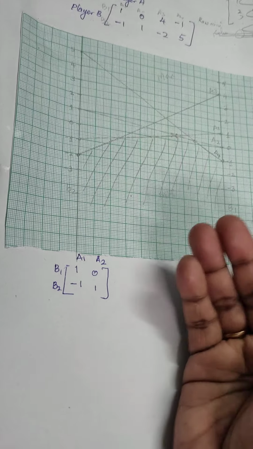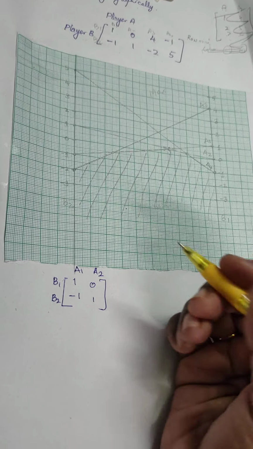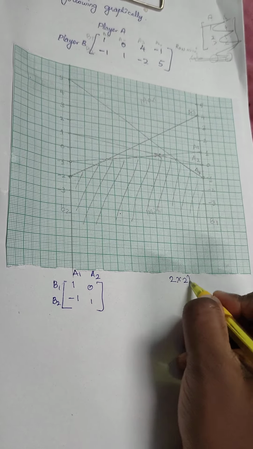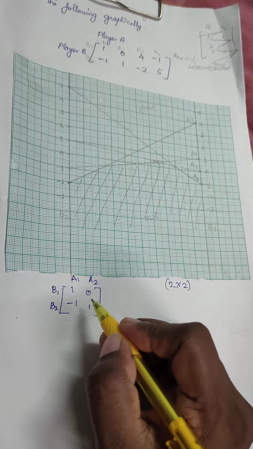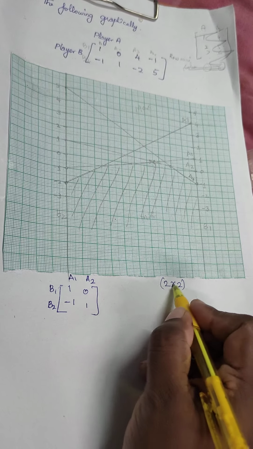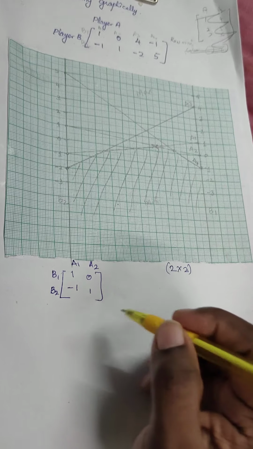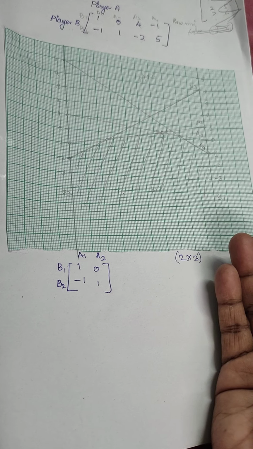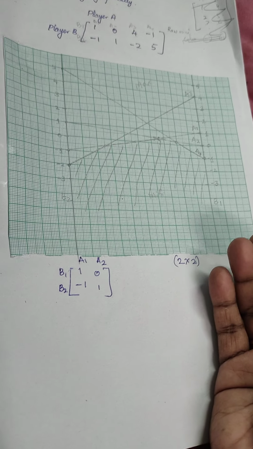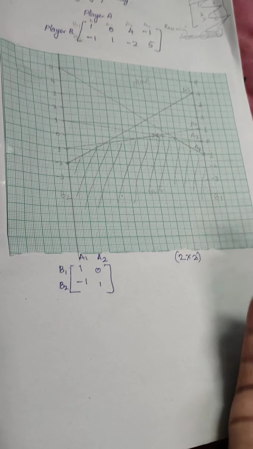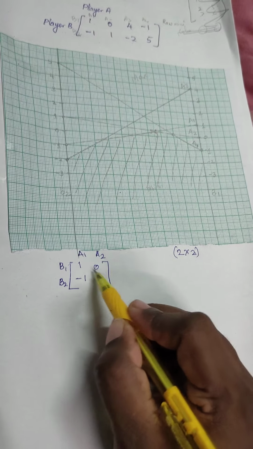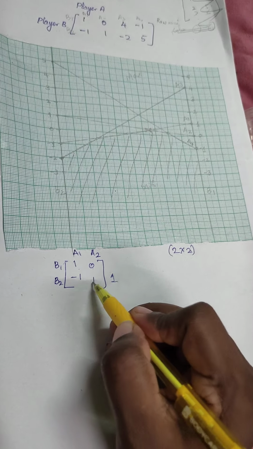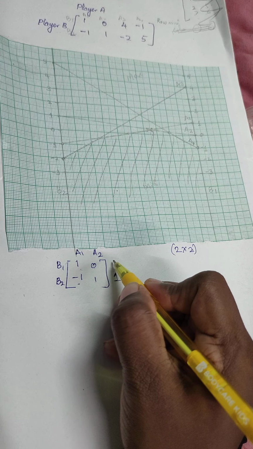Okay, now already the shortcut method for finding your, this is a 2 by 2 payoff matrix. So 2 rows 2 columns, so 2 by 2 payoff matrix, and we use algebraic method to solve this. We can solve it through the formula method if you don't like shortcuts, but I am going to use the shortcut method only. I am going to find the difference. 1 minus 0 is 1. 1 minus minus 1 is 2.